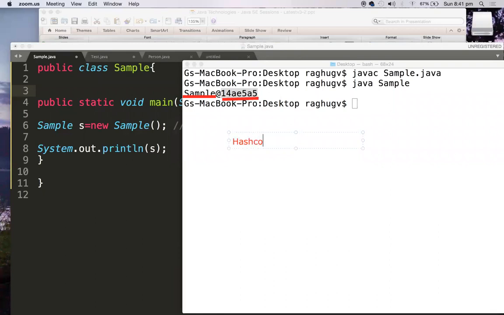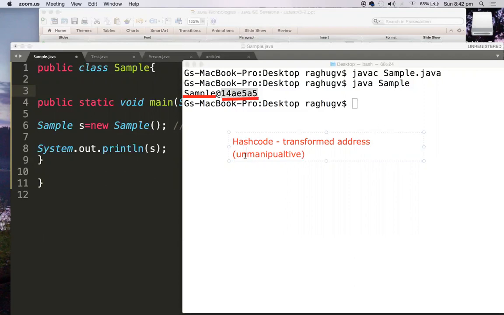So I told you what a hash code is. Once the constructor constructs the object, it returns its address back. That address is nothing but a transformed address. That is not a direct address, that's not a pointer which can be manipulated like in C and C++. So this is a transformed address. It is not manipulable, you cannot manipulate it.